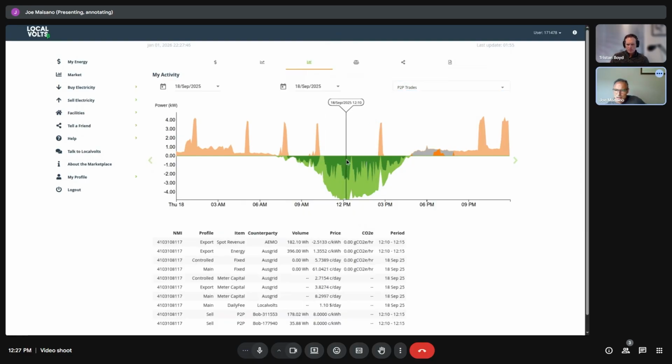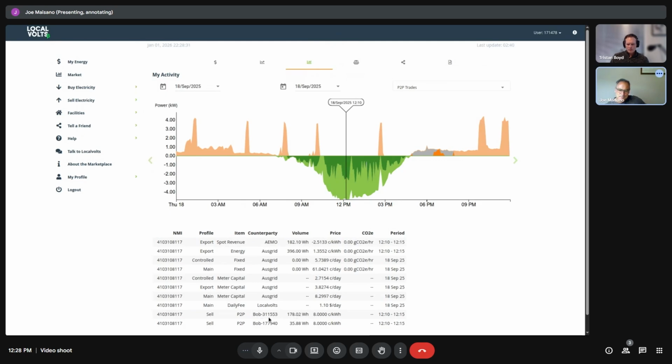So if we just click on an area of that, what we can see is there's 182 watt hours within, keep in mind we're just talking about a 5-minute period here. So that's gone out into the market, and at the moment the market's trading at 2.5 cents negative. So that's essentially a cost to export at the moment. But overlaying that is this peer-to-peer component. And so there's about the same amount of energy, slightly more if you add these two together, going to these